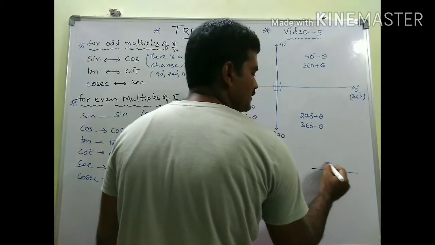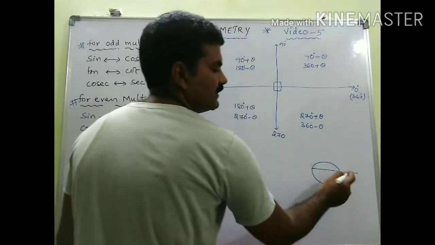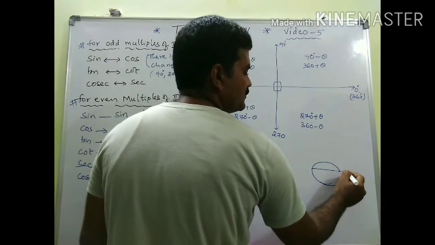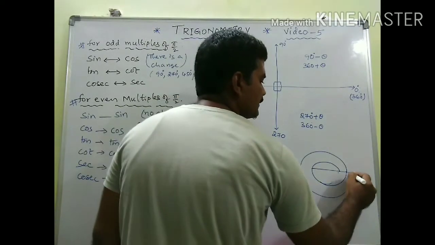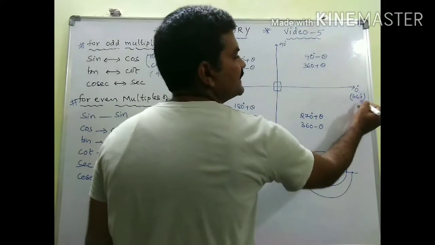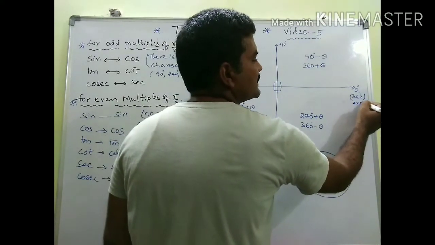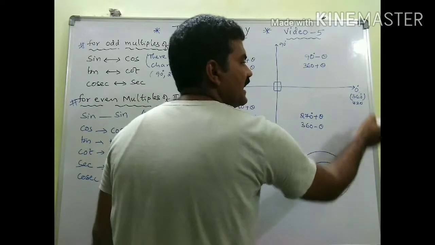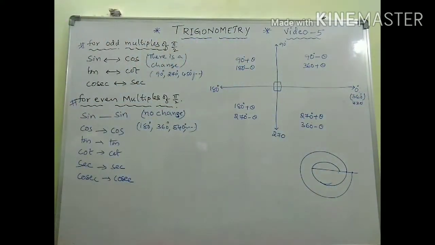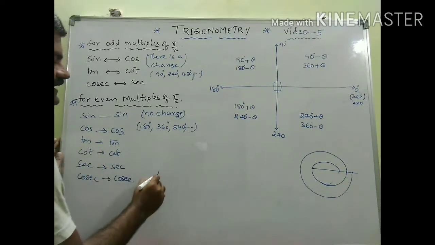You have started here for one complete rotation. For one complete rotation you will be here. Again after a complete rotation, for one more, you will be at not only 360 plus 360, that is 720. This is treated as multiples of 360s. Right? Okay. Then please remember this sentence, my dear.